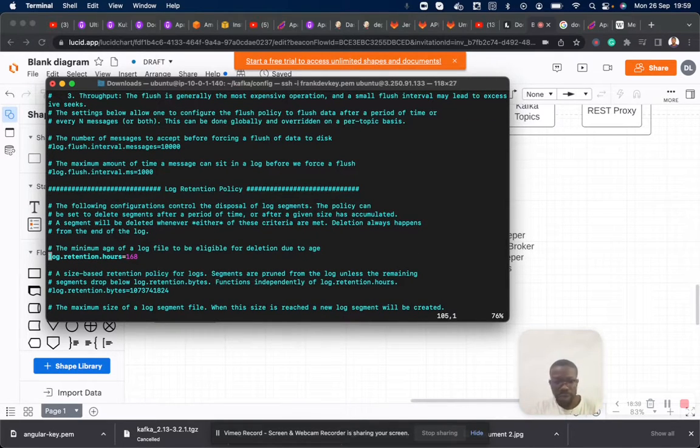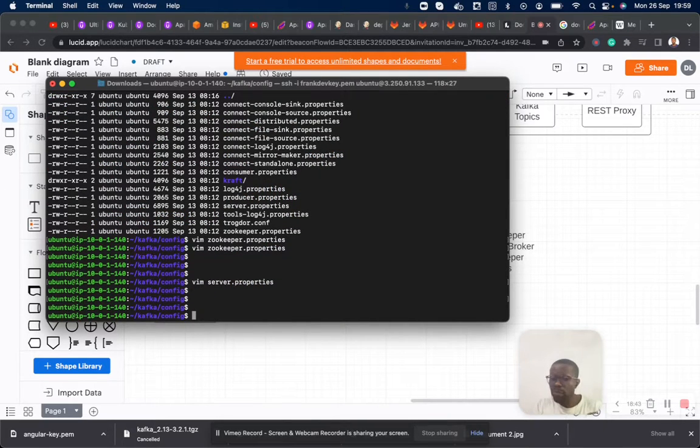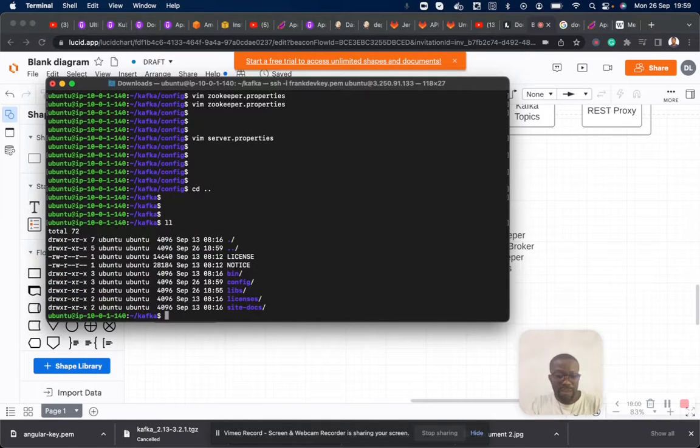We've already installed Kafka, but we are not going to run Kafka. We're only going to run Zookeeper and see how we relate with Zookeeper.